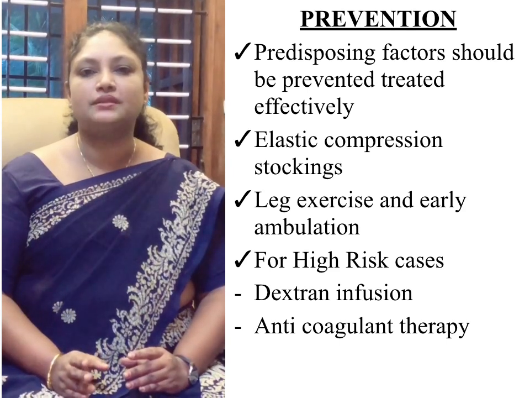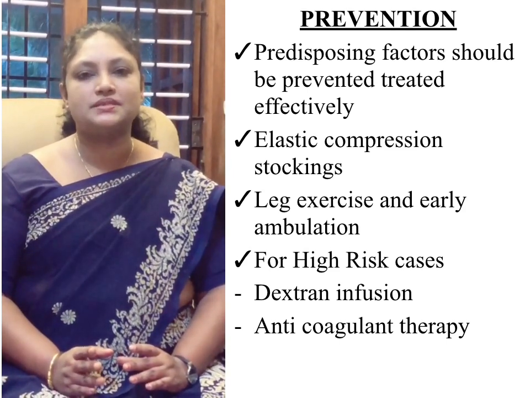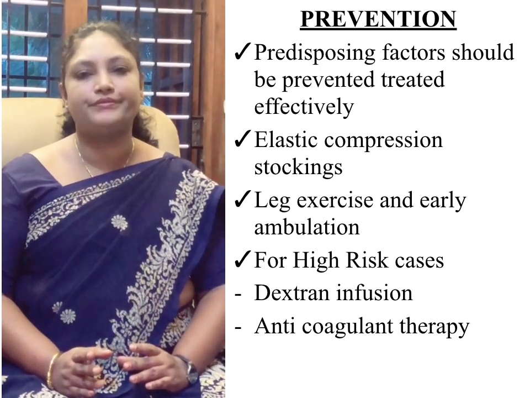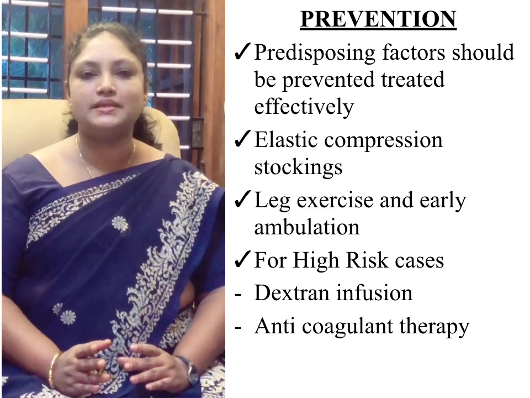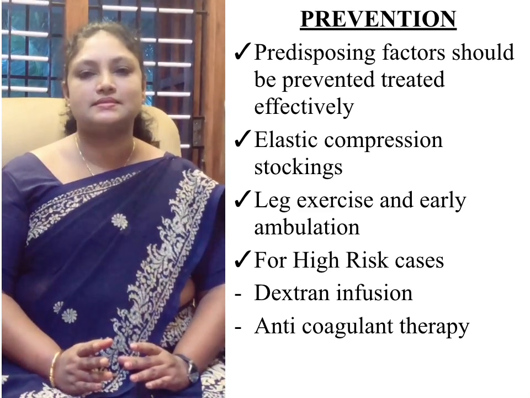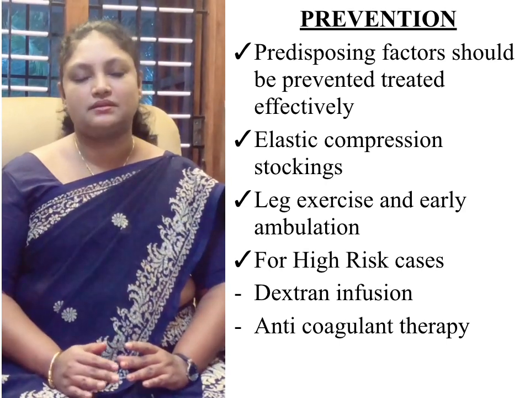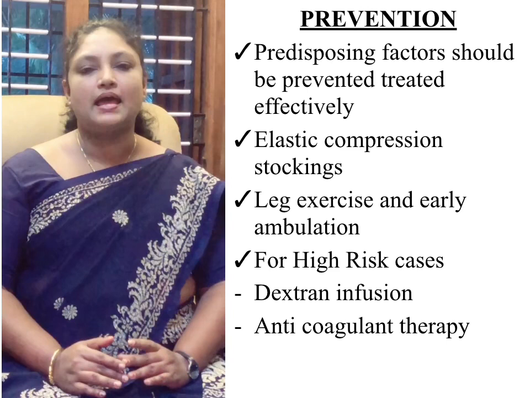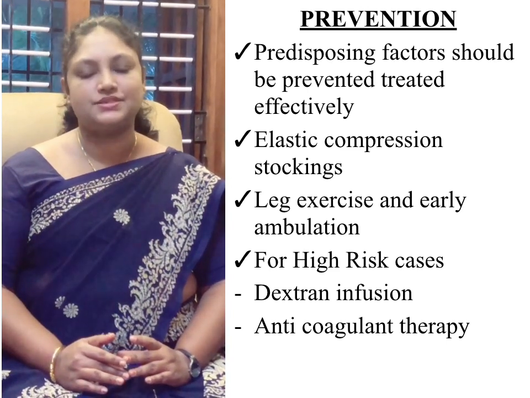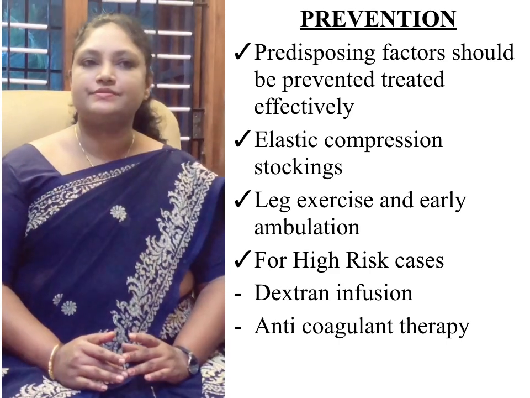So make sure that when you ambulate the patient, first you have to make the patient sit down slightly. If you are able to raise her cot, it is better. Make her sit for 5 minutes, take 10 deep breaths, and then she has to sit at the side of the cot, dangle her feet for 5 minutes, and then when she feels comfortable, she can ambulate first to the washroom. That is in case of cesarean section.